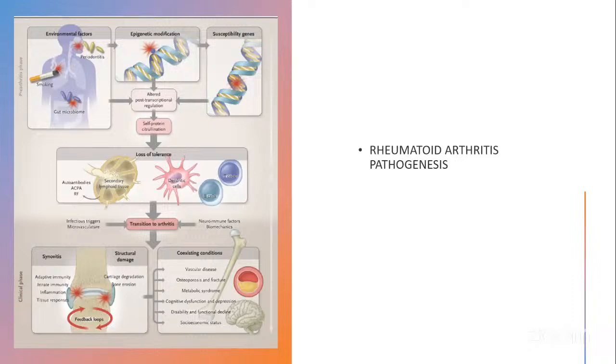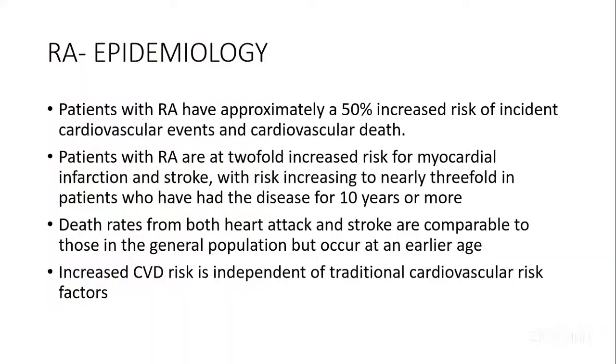And like I said earlier, the longer the duration of these diseases, then the higher the chance of having all this cardiovascular disease. And now talking about the epidemiology of cardiovascular events in rheumatoid arthritis, studies have shown that almost 50% of death can be attributed to cardiovascular